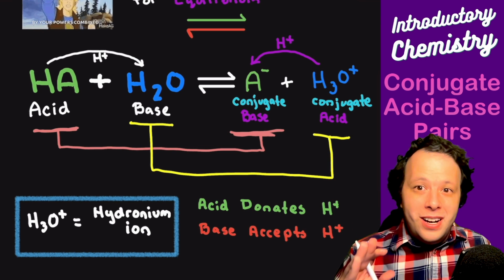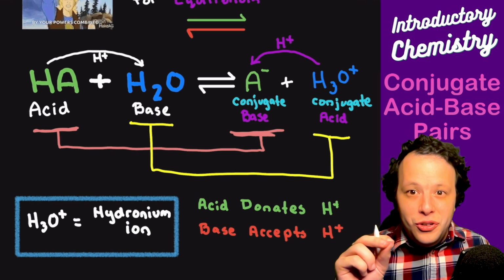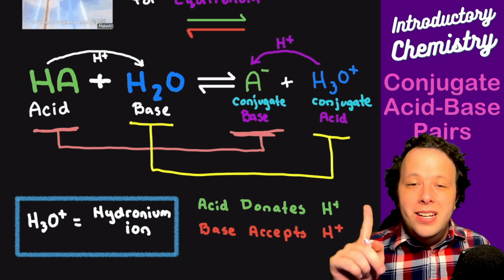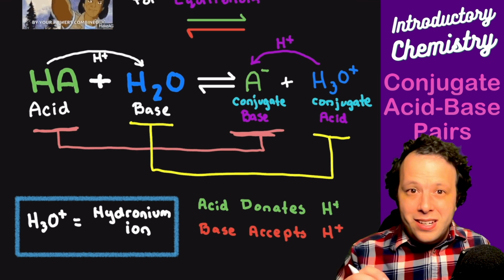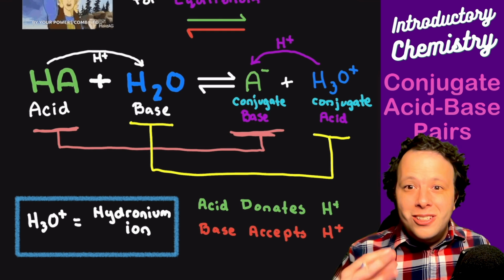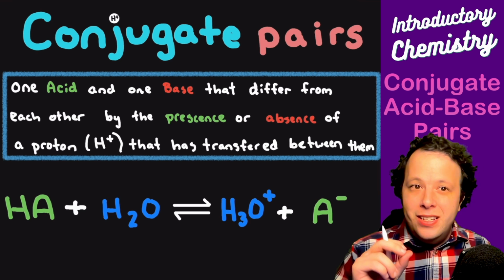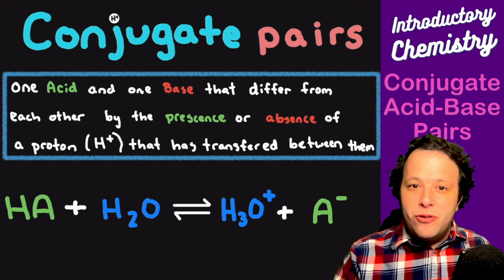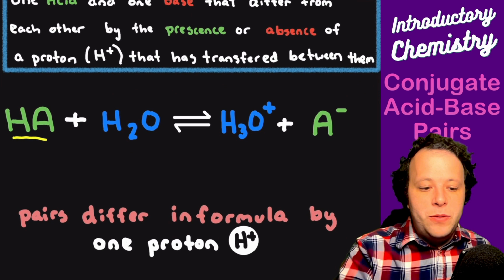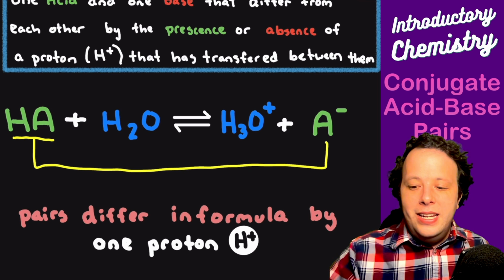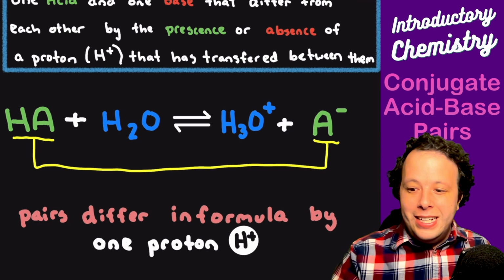So when you're looking for a conjugate acid-base pair, you're looking for the difference of a single hydrogen between the two pairs. So is there a hydrogen difference? Both of the ones I labeled here in that yellow and that peach color are referred to as conjugate acid-base pairs. Let's look at some more examples of this. Hydrogen, whether it's present or absent with the difference of a proton, means it was transferred. So if I look at HA and A minus, they differ by a single proton. So this is one conjugate acid-base pair.